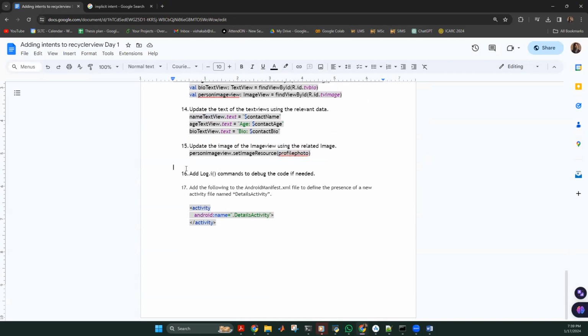After that, if we want to debug the code, we can use the log commands to check whether each and every section of the code or the project is running properly. The Log.i command refers to information about the code. And there are other types of log commands available in the application, such as Log.e, which means the